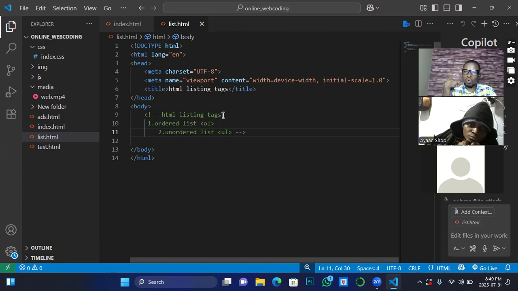So whenever you use 1, 2, 3, that is number, or you use alphabet, or you use Roman figure number, that falls under ordered list. Okay, so the advantage of ordered list is that